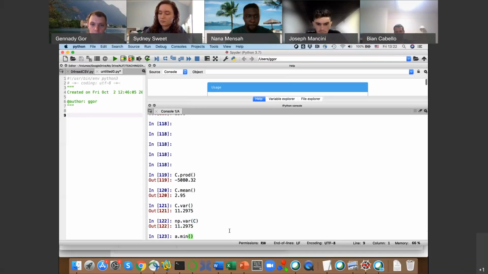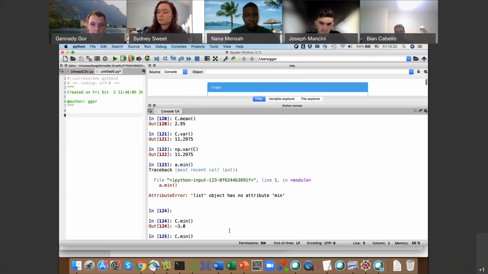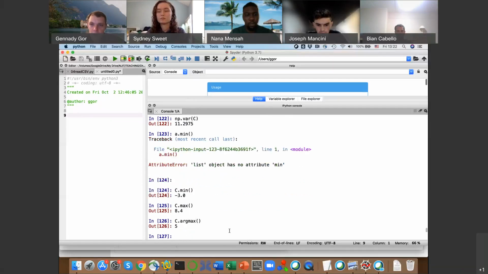You can find the maximum element. You can find the index of the maximum element, so C arg max. It tells me where in my array this maximum element would be, and you can do some things along the axis if your array is not